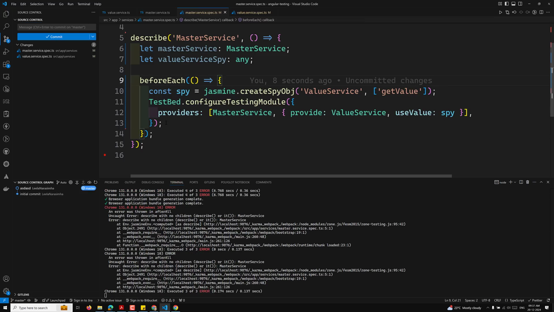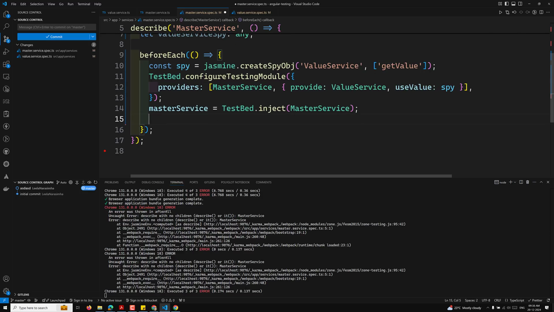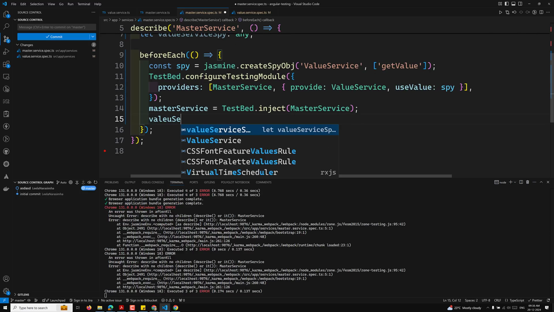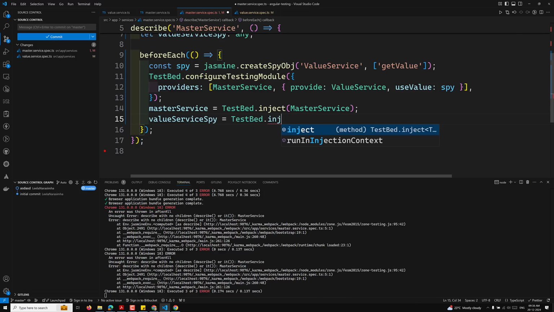So what I want to do here, after completion of this one, so here we got this one. Let's try to use it in this before each only. So here I will create master service equal to testbed dot inject, I will use the inject of master service. So I will be getting the master service, and also I need to get the value service spy also. Value service spy is equal to testbed dot inject of value service